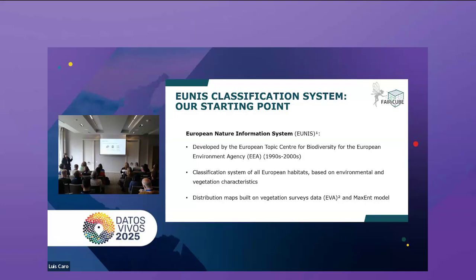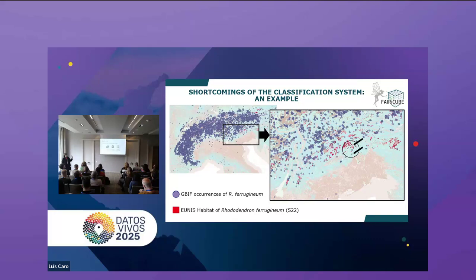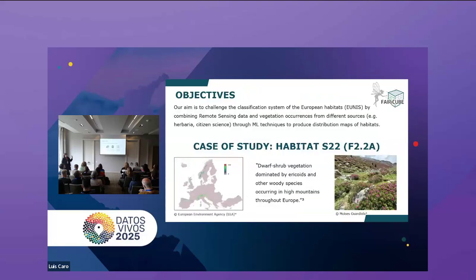The distribution map is surface data modeled with the Maxent model. But when we plotted data from GBIF, so occurrence data from different sources, we could see that lots of data were outside such distribution ranges of the habitat. So what we aimed to do with our use case was to complement the system using not only vegetation survey data, but also data coming from museum collections and citizen science from